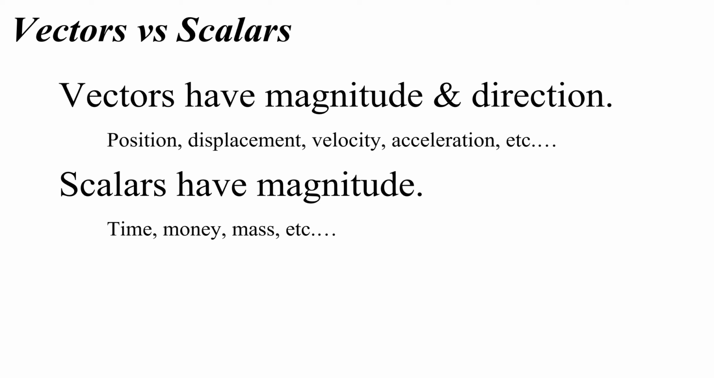So I can be going 30 miles an hour east, or I can be going 30 miles an hour west. And the number and the angle or the direction, that makes sense. But for things like time, money, and mass, I can have 10 kilograms, but 10 kilograms south doesn't really mean anything about the mass. Now, to draw a vector,